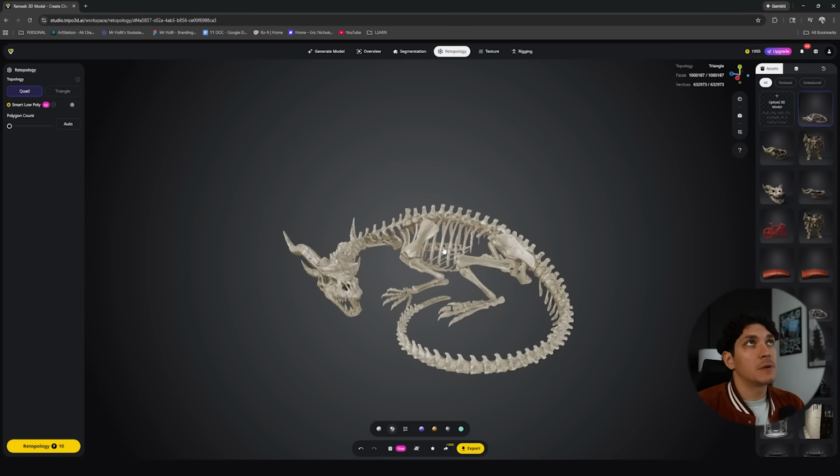I think Tripo does such a good job when it's generating their initial model that there really isn't a need to go in here and retopologize. But if you wanted to, it is always here. And as I stated earlier, if you are doing this for Unreal Engine, triangle is definitely the way to go. And then you can pick the actual polygon count, whether you want to be really high or low. And you can also click on Smart Poly. And then all you need to do is go down here and click this button, and it'll completely retopologize your